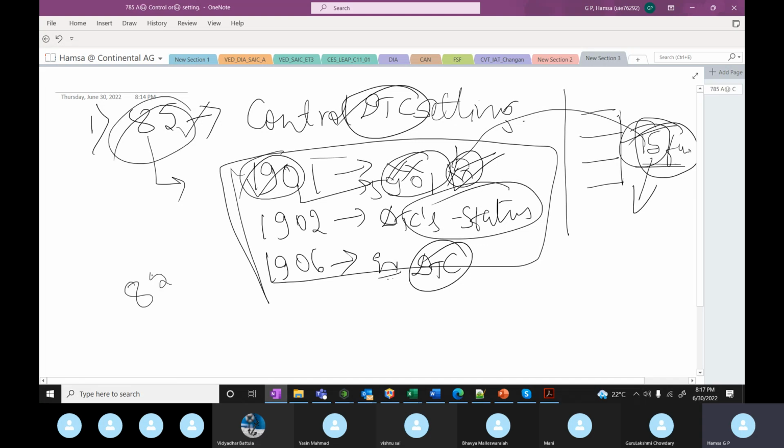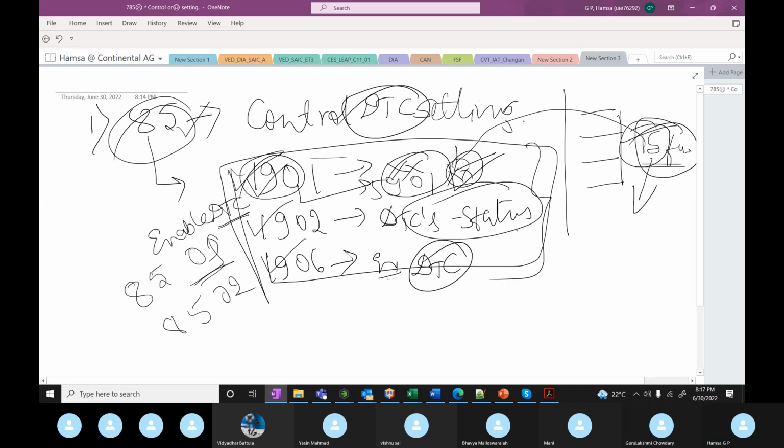In the 85 service there are two functions, one is 01 and 02. So if you provide 8501, it is nothing but enable DTC control setting, nothing but whenever you read the 1901, 02, 06, you will get how many faults have been set, what the faults are, and other information of that particular fault. So let's say you have disabled the DTC by using the 8502. If you provide 8502, you get the positive response 85 plus 40,